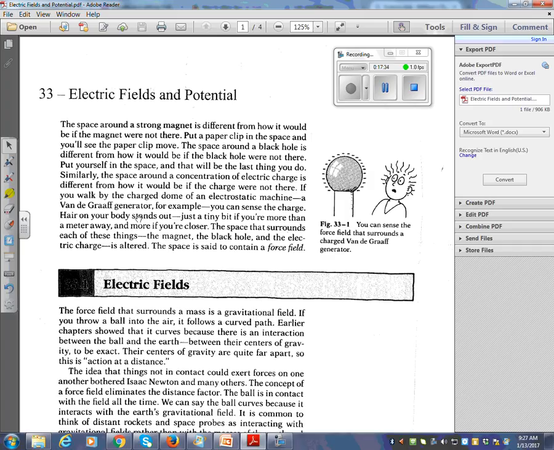you can sense the charge. Hair on your body stands out. Just a tiny bit if you're more than a meter away, and more if you're closer. The space that surrounds each of these things,